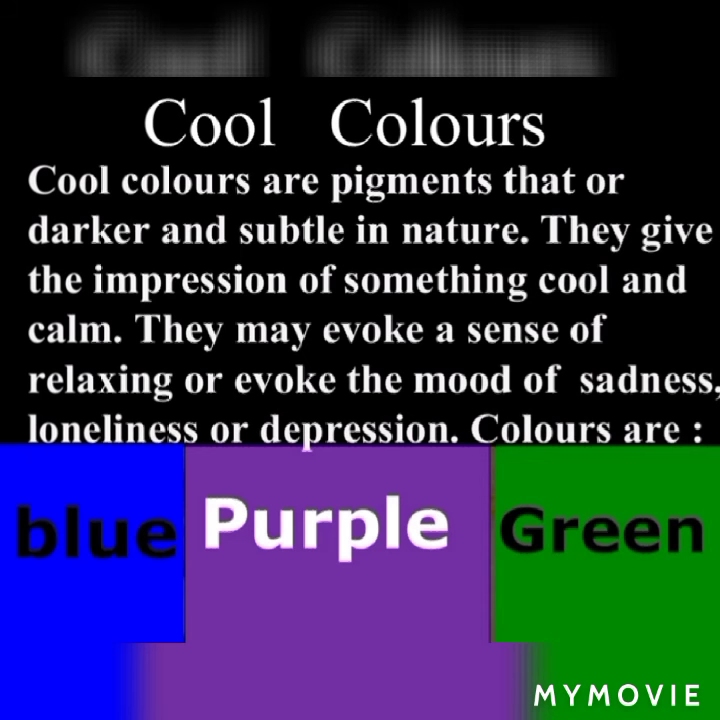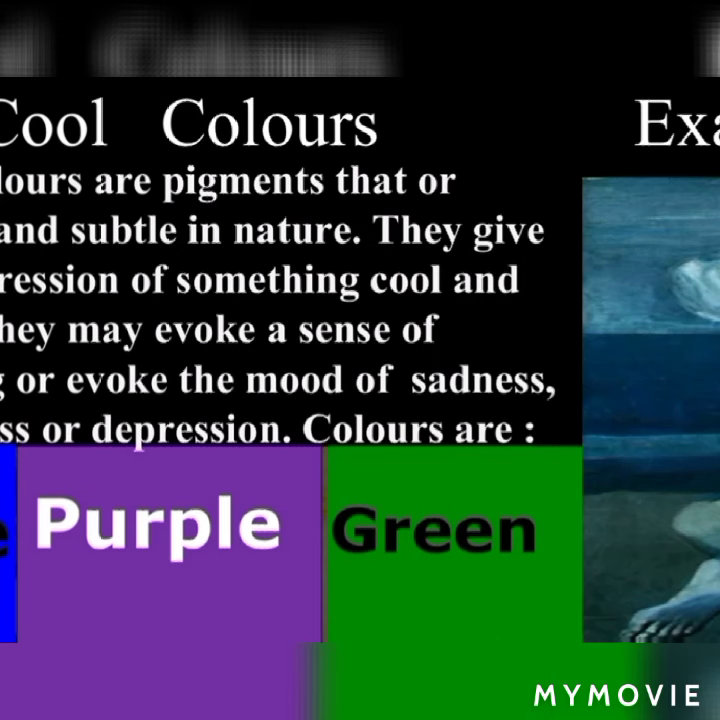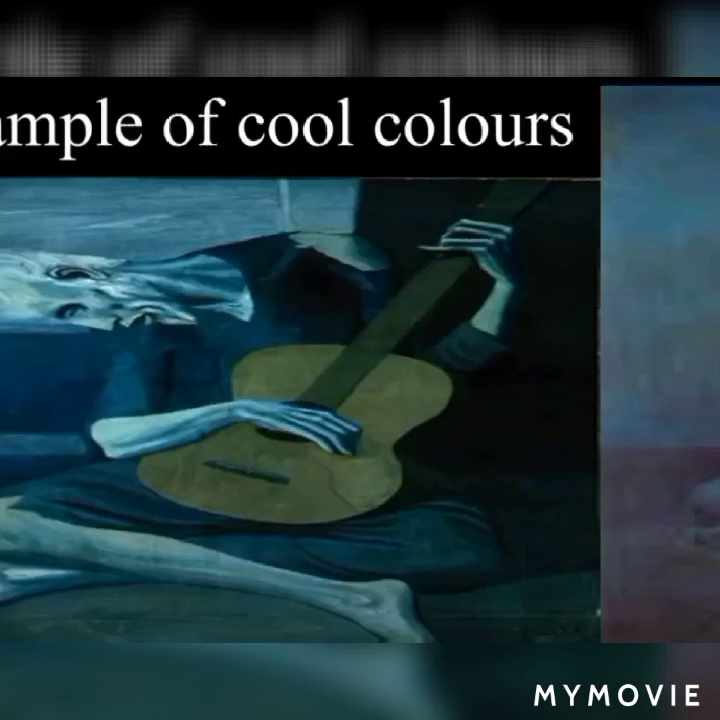Next in this series we have cool colors. Cool colors are pigments that are darker and subtle in nature. They give the impression of something cool and calm, relaxing. They may evoke a sense of relaxing or evoke the mood of sadness, loneliness or depression. Colors that come under the cool colors are blue, purple and green. Examples of cool colors are